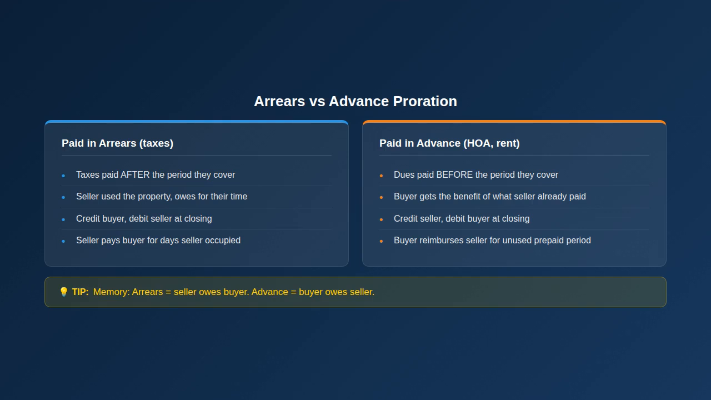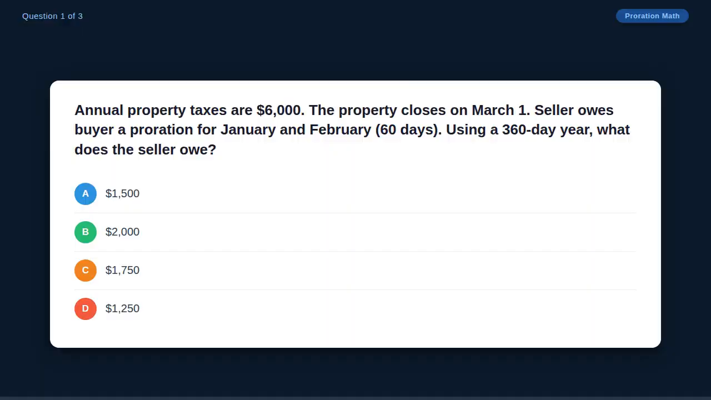Option A, $1,500. Option B, $2,000. Option C, $1,750. Option D, $1,250. Take a moment. The correct answer is A,